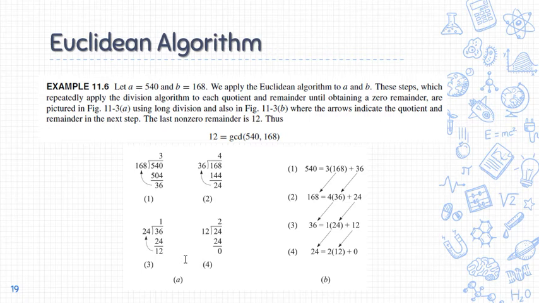So we are asked to find the GCD of 540 and 168. So pangitaan na nato siya, GCD, si 540 ug si 168. So ang pinakauna natong buhaton is i-divide na nato si 540 kang 168. Muna siya Euclidean, keep that in mind. So, una nga buhaton ni Euclidean algorithm is i-divide niya si 540 kay 168. And then here is the computation. We have 3 and then we have a remainder 36.